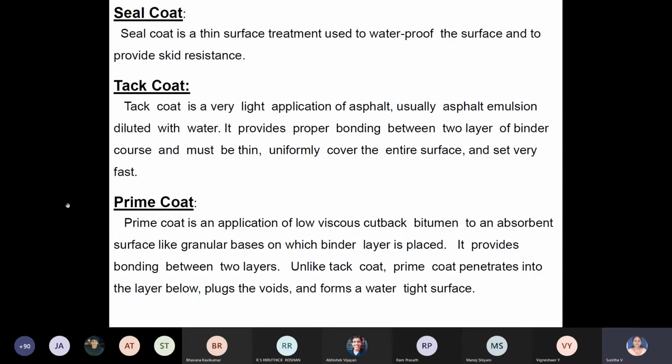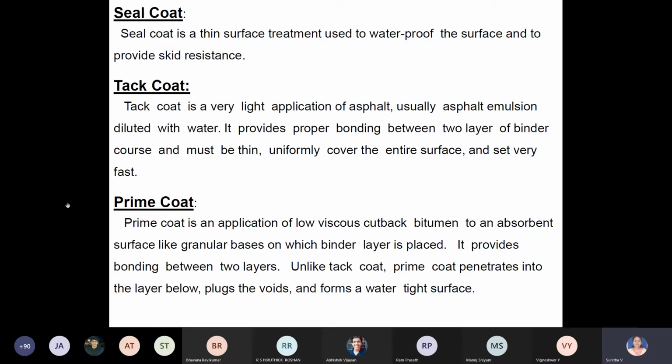Even though there is a slight difference between them, that's because of earlier times. Most of the US terminology is asphalt, while in the UK, they use bitumen. It is called asphalt because it contains asphaltenes. Earlier there were asphalt lakes, but nowadays it is mostly obtained from petroleum products only. That's why it's called asphalt.